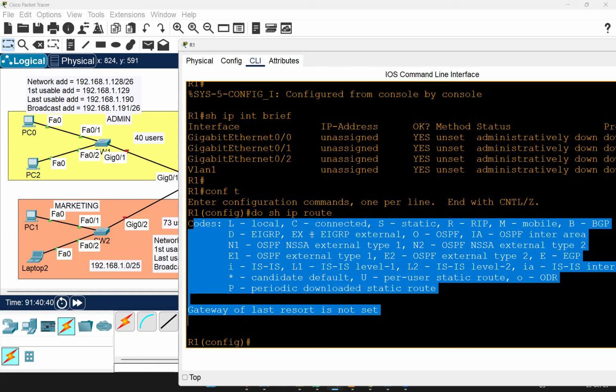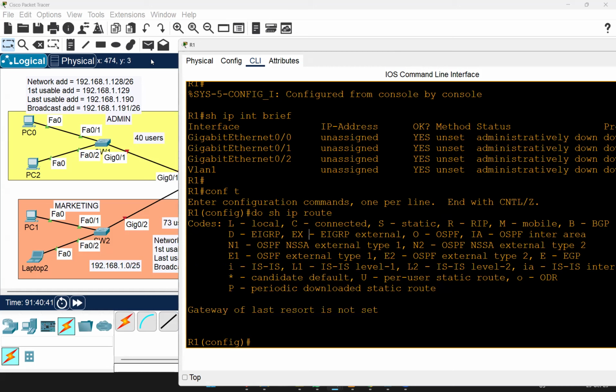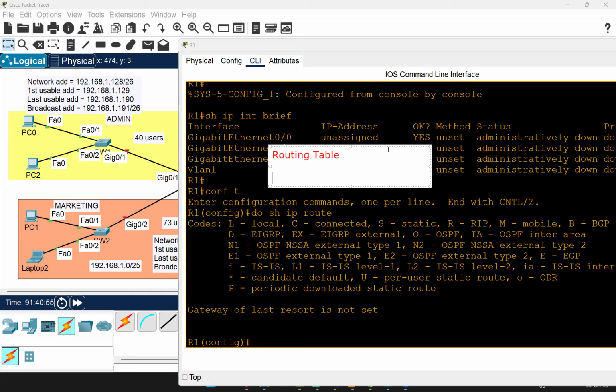So with that, maybe I can just do this little explanation here. Now, for routers to make routing decisions, they use the routing table. Routers use the routing table to make routing decisions. And how do routers learn about routes? There are three ways in which routers can learn about routes. One, routers learn about routes